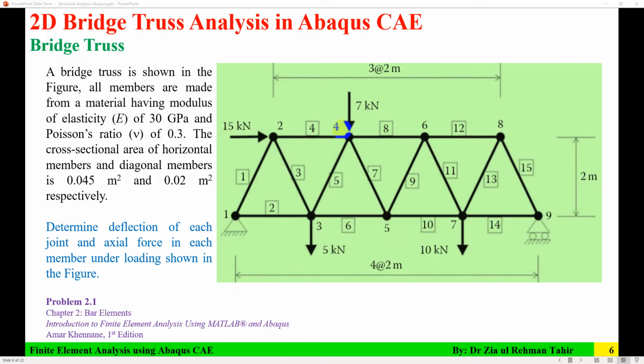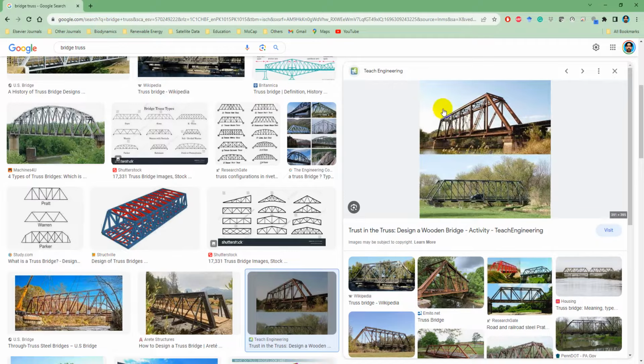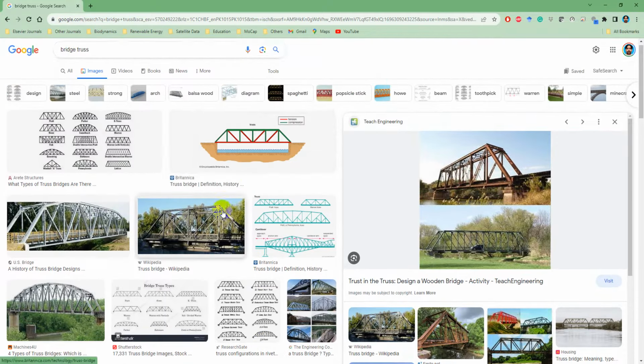This video tutorial is on 2D bridge truss analysis in Abaqus CAE. So that is one vertical frame of a bridge truss. Bridge trusses are very commonly used for short spans and even sometimes for longer spans. As you can see, these are the bridge trusses, and that is one of its vertical frames,